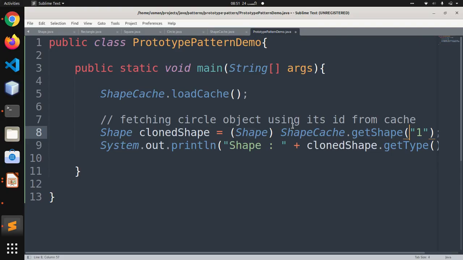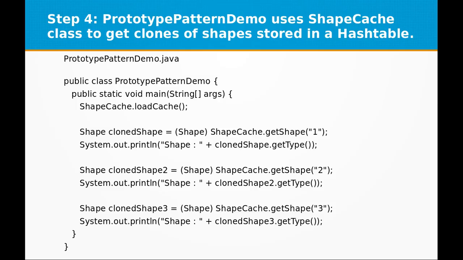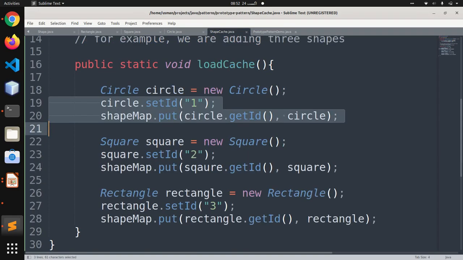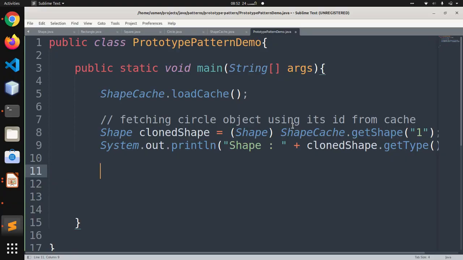And the second thing we are going to do is fetch the square. Shape 2 was square, so let's fetch the square object using its id from cache.